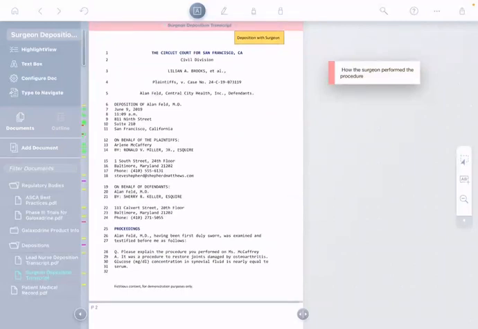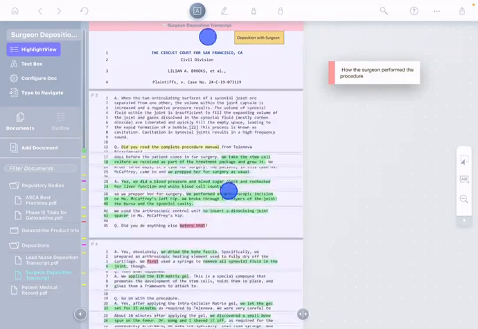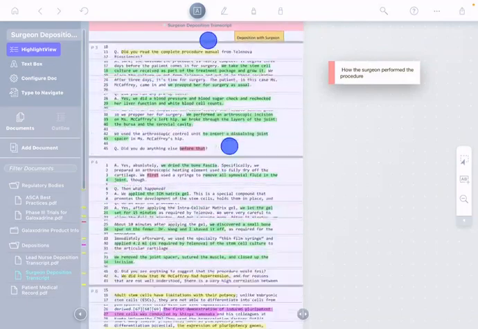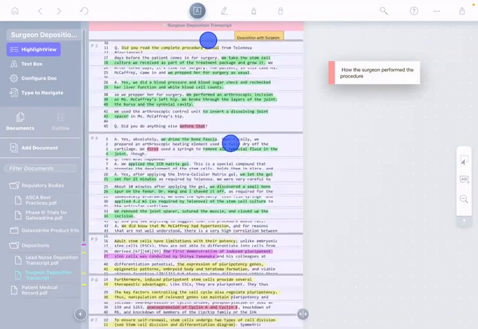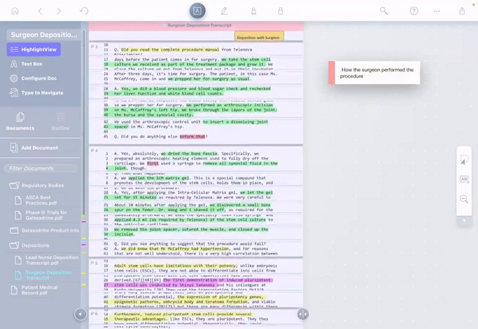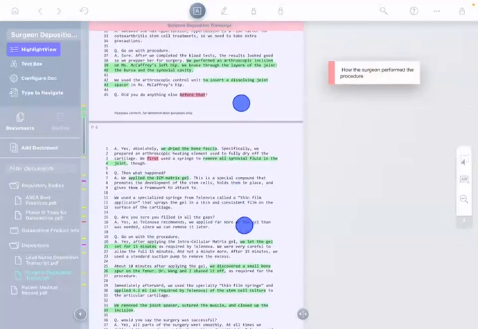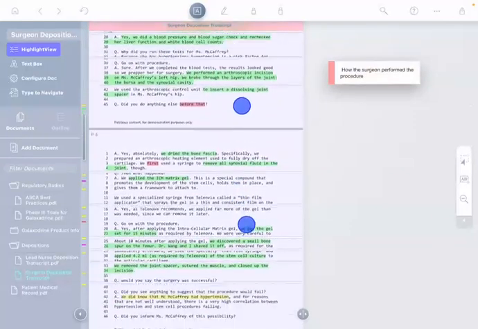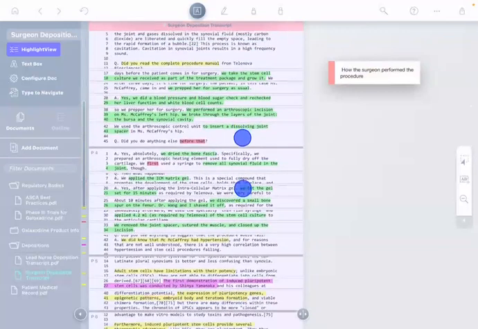Well, one of the things that, again, LiquidText really tries to help you with is seeing the important information together. So what I'm going to do is tap the highlight view button. And when I tap that, now if I pinch my document, look what happens. All of my highlights come together with as much or as little context as I need. And if I want to dig in a little more deeply into one, I just put my fingers around it, squeeze apart, and it gives me all the context, and all the highlights come together again.